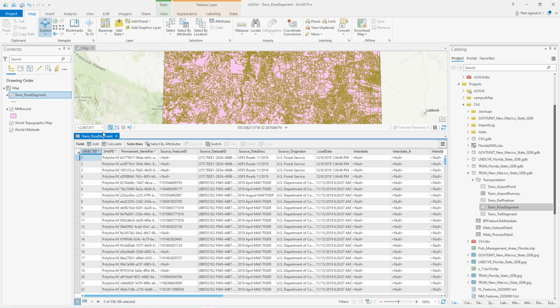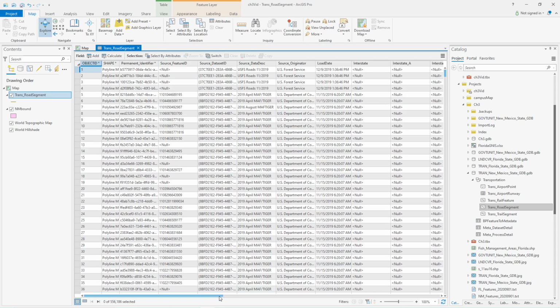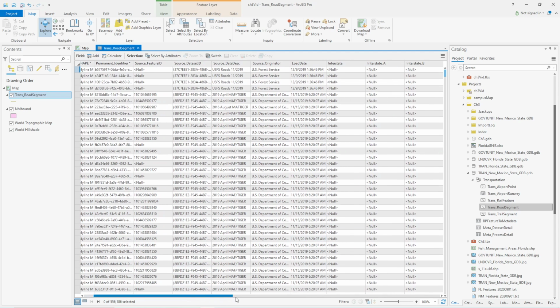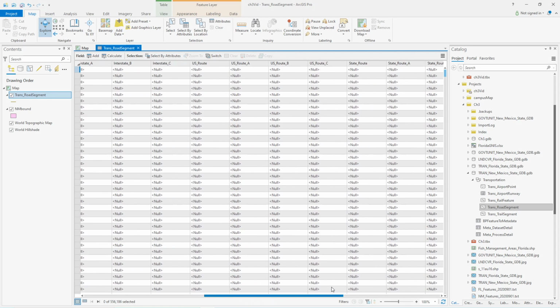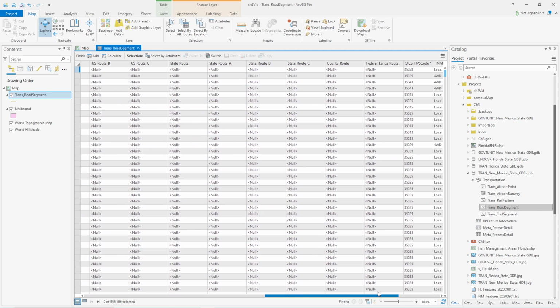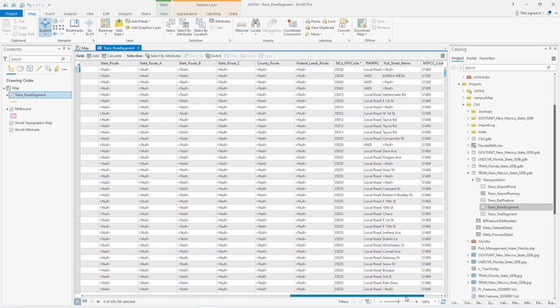So I'm going to open up the attribute table and take a look at what kind of attributes I have to use for symbology. So a lot of times you're going to get links, these source data set ID. I noticed that there was metadata and some tables here that might link to it. But I do see that some roads, there's interstate, there's roads, there's routes. So perhaps I could take out any of these roads that aren't,